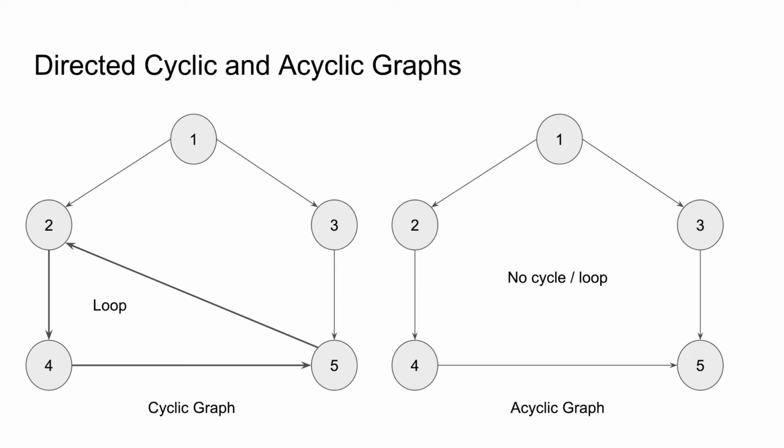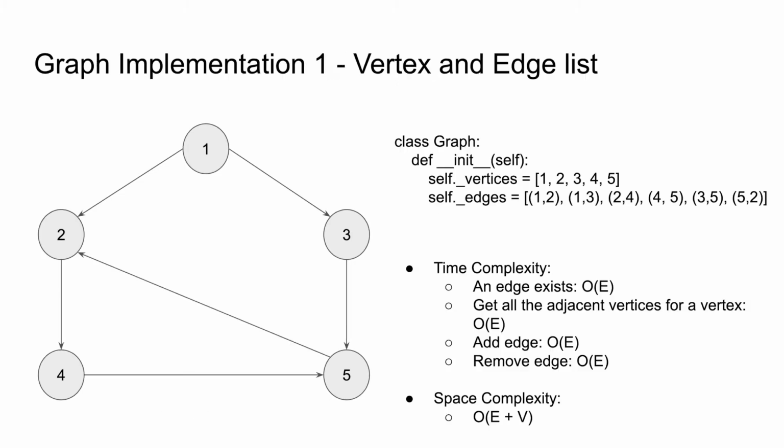Let's look at different ways we can represent a graph in Python. The first implementation would be to keep track of all the vertices and edges lists. As an example, we can see a graph on the left hand that is a directed graph, as we have already seen before. And on the right side, we can see a code snippet which represents a graph through a class, class Graph. There's an init method that keeps track of vertices and edges. The vertices is nothing but a list of all the vertex values. And there's a list of edges that keeps track of all the edges in the form of tuples.